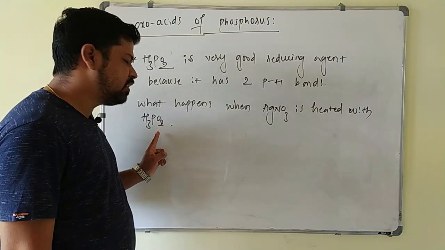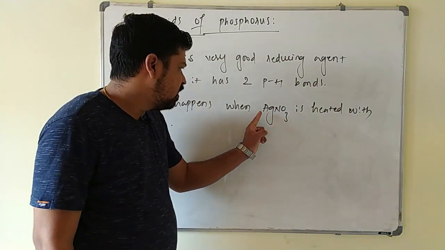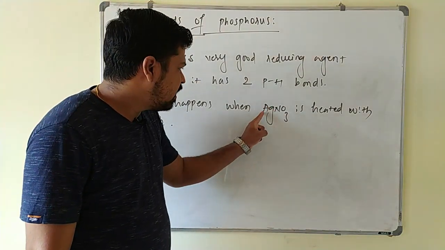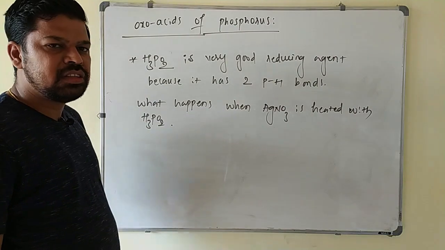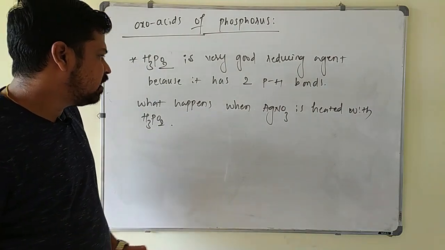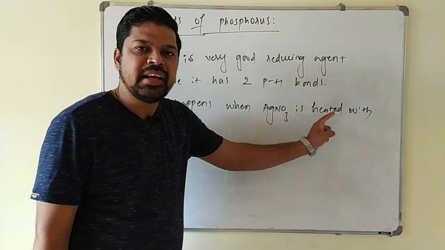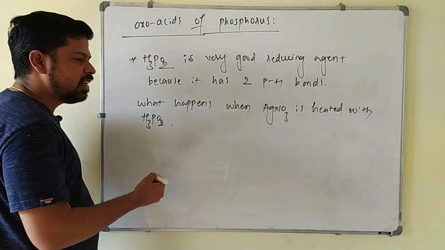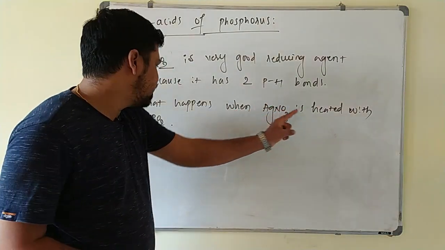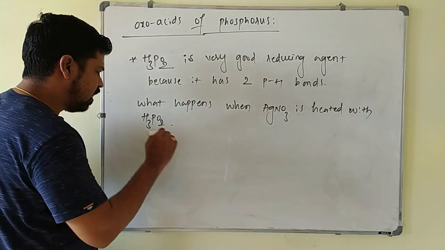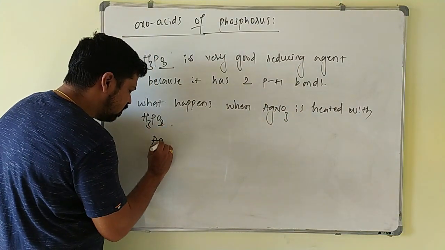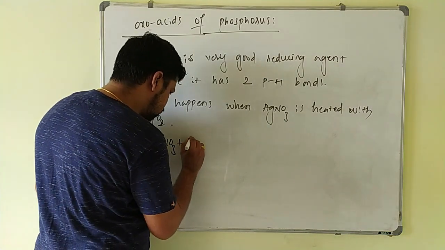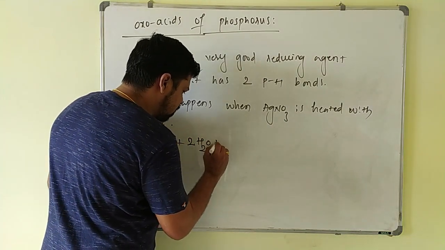So it is being a reducing agent. What happens? In this one, silver has plus 1 oxidation state. This AgNO3 on heating with hypophosphorus acid forms metallic silver. Ag plus 1 is reduced to Ag. So metallic silver is formed whenever AgNO3 is heated with H3PO2. I'll write like this. This is AgNO3, treated with water plus